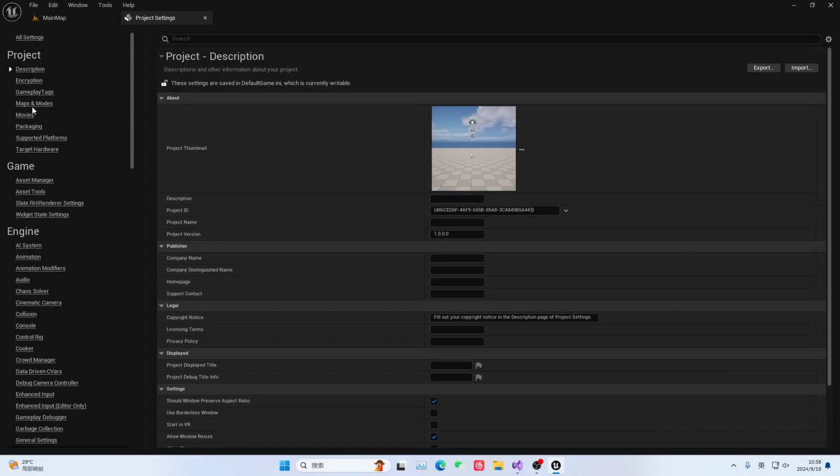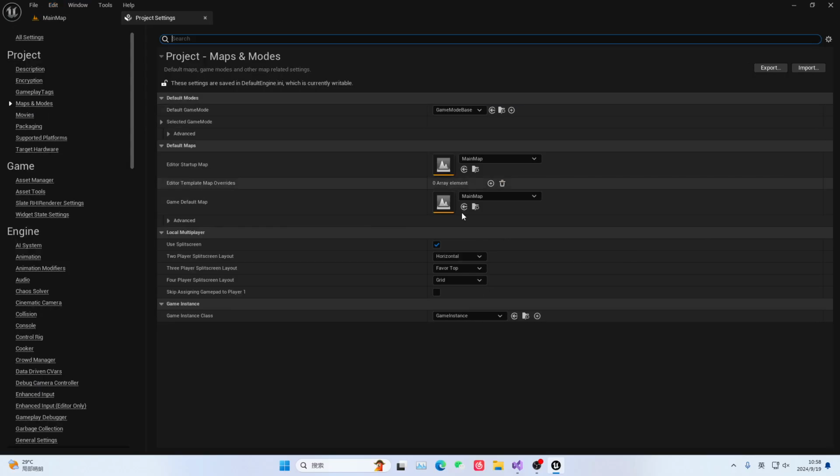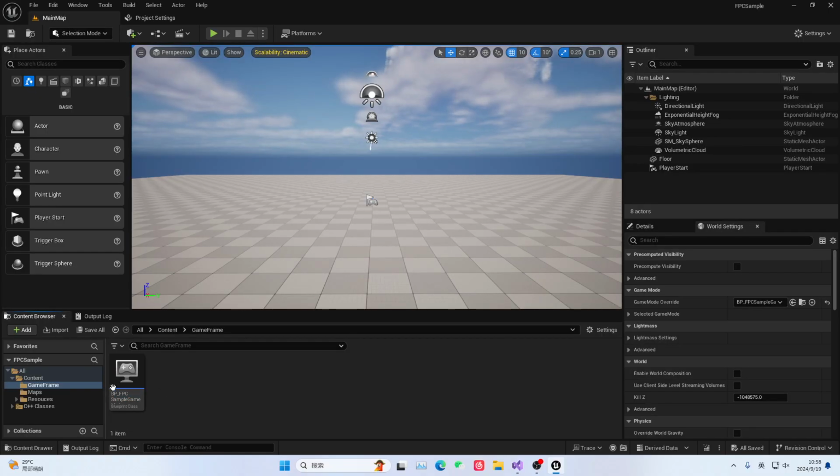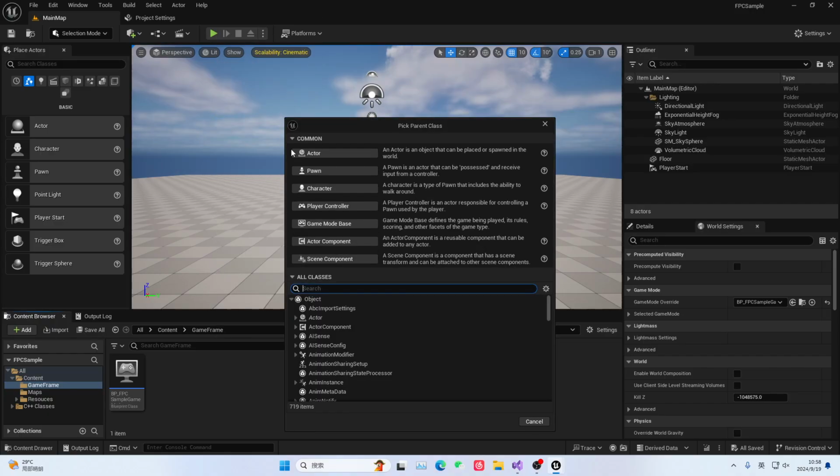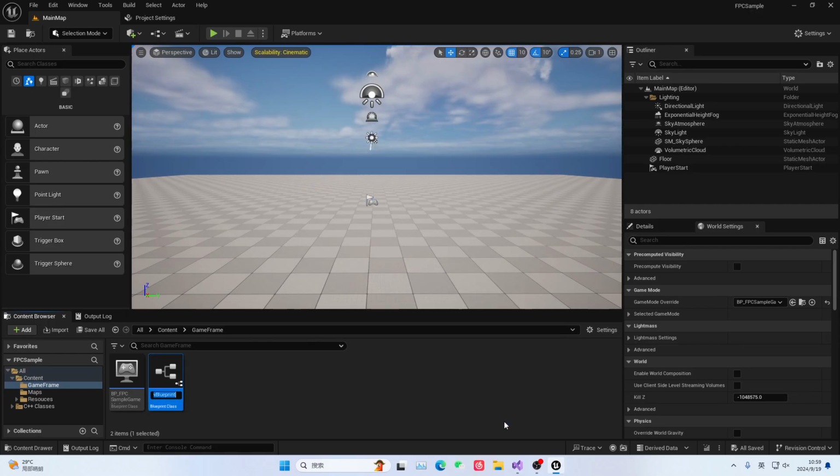Then we start it now, okay, after we finish starting it. We create a game folder here, specifically to store our game classes. Then we find FPC here, simple, then we should operate on it. We create its class. For this type of class, we generally follow naming conventions. We will write FPC here, simple, game mode. This makes it easier for us to search and use. Okay, after we create it, we specify it here. We use it as our game mode.